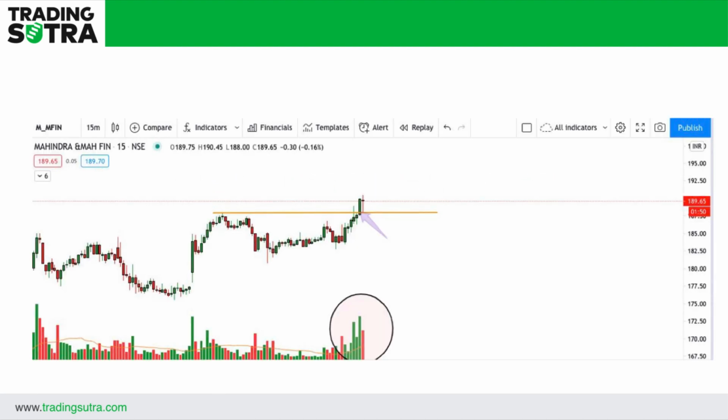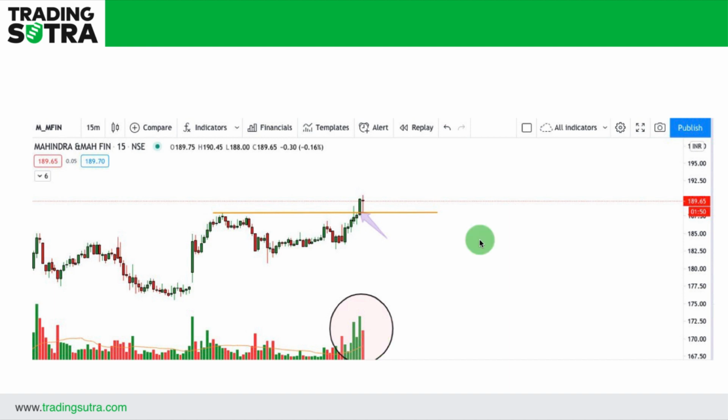Let's take an example, and the stock was M&M Finance. In today's trading session, I was looking at this stock M&M Finance on a 15 minutes time frame, and look at this. This was the recent resistance I have identified on this stock. This is the very basic thing, that you have to identify a resistance or a support, right? So if you have clearly identified a recent resistance, and the stock is moving toward this resistance, and near this resistance you are getting volumes, right? I have applied here a volume and a 20 period moving average for the volumes, because I want to see more than average volume getting active on this stock.